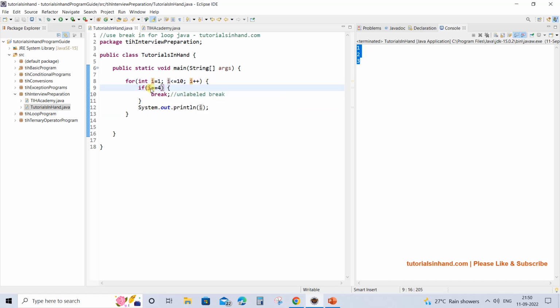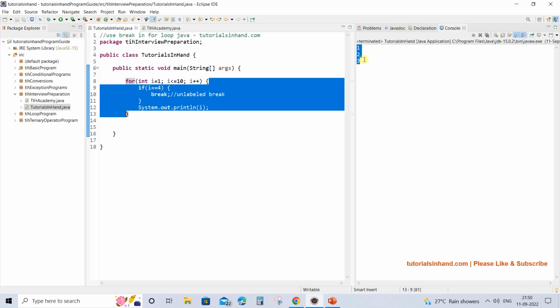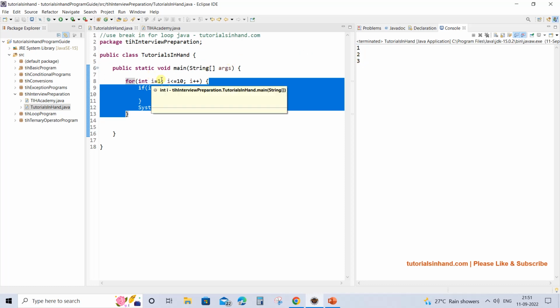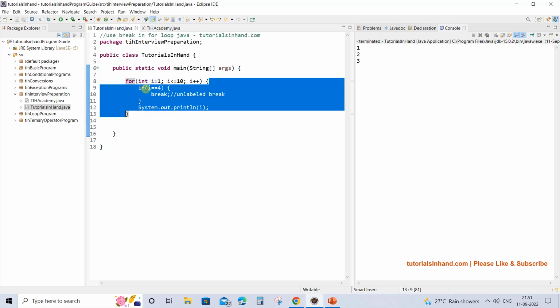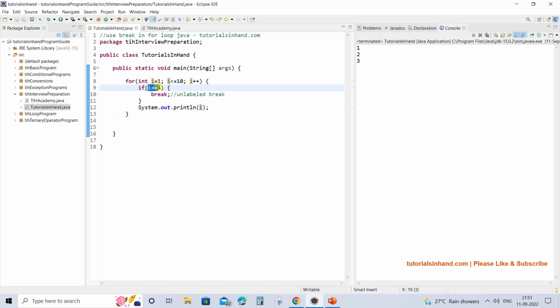So the value of I is 4, and once it is 4, we are checking the condition that if 4 is equal to 4, then we are applying break, and once the break is applied, the control comes out of this for loop, and thus we only see the values up to 3 getting printed. And why are the values up to 3 getting printed? Because when it is 1, 1 less than or equal to 10 is true, and we are increasing the value of I by 1, that is 2 for the next iteration, but in the current iteration the value of I will be 1, and when 1 is equal to 4 is checked, it becomes false,